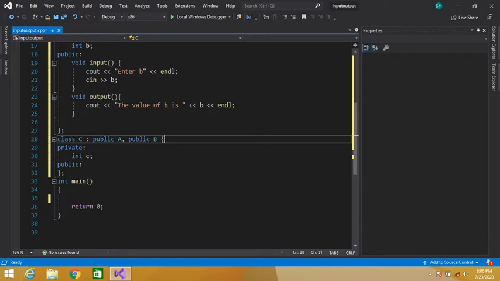Our child class C has more than one parent. So when a child class has more than one parent, then it is known as multiple inheritance.